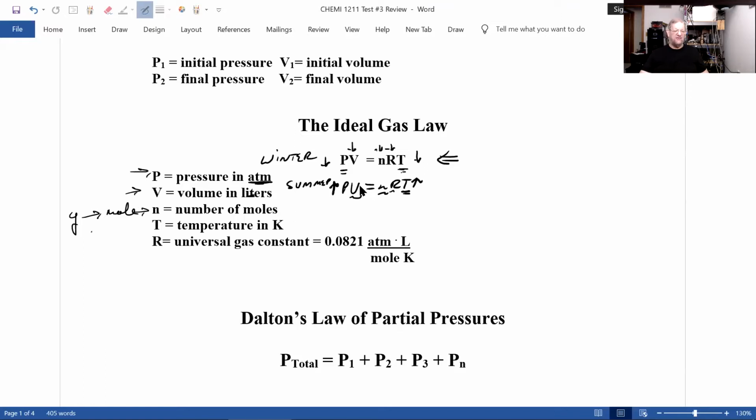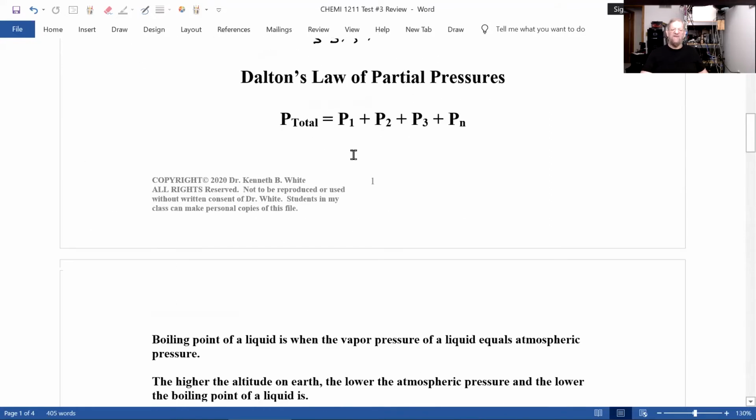Temperature will be in degrees C, which you have to convert to Kelvin, which I just showed you. R is a constant, you'll be given that. By the way, R is a calculated number, and that's 3 significant figures. And that's PV = nRT. I'd recommend you go back and look at the problems I did either on the video or in the problem sets.